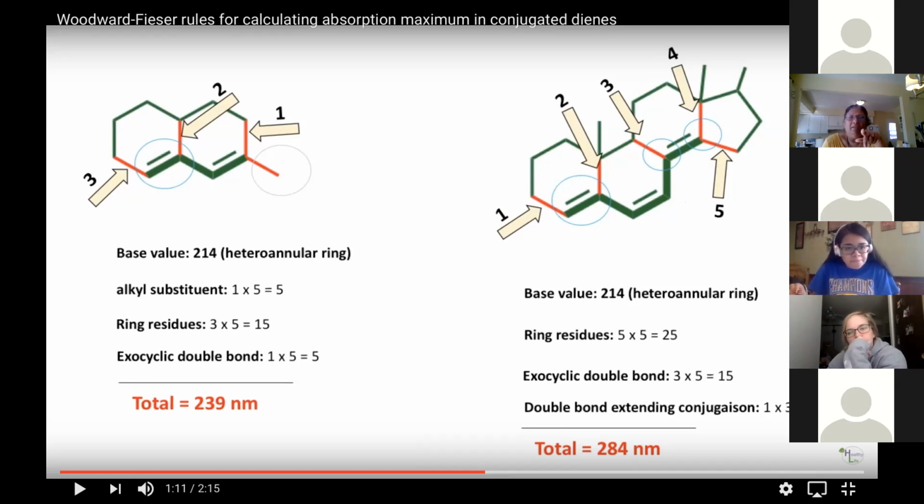I mean, I understand all the alkyl parts. Do you all understand the ring residues? Those are just alkyls. So you look at the red bonds, and you have 5 of them. So that makes sense. And then I understand the double bond extension, and you're supposed to have only 2, that's the base value, and you have a third one, and therefore you add 30. Exocyclic,